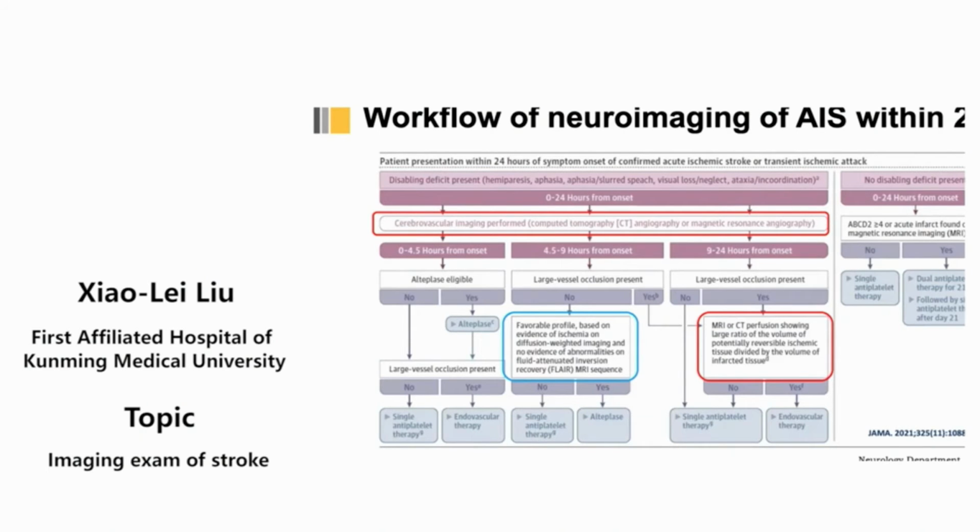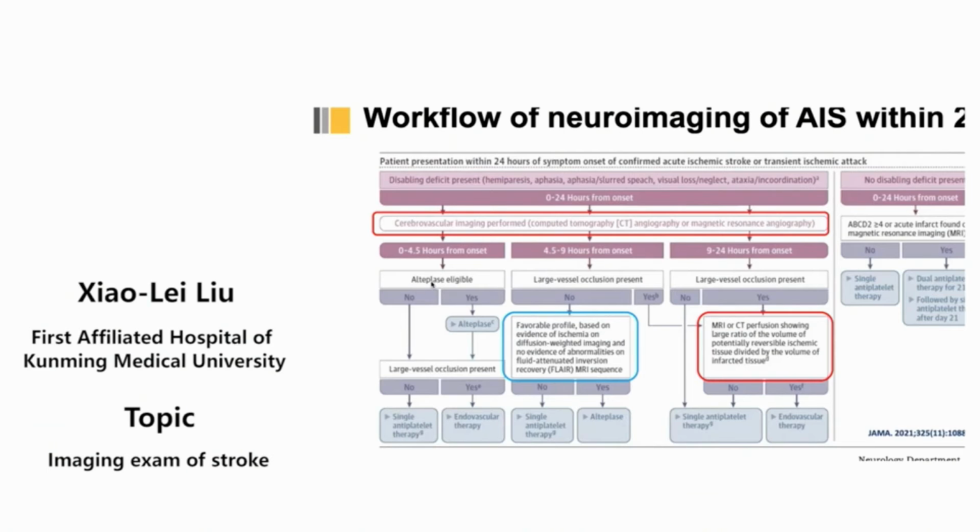For example, hemiparesis, aphasia, or slurred speech, vision loss, neglect, ataxia, or incoordination within 24 hours from onset. The CTA or MRA should be done to observe the cerebral vessels. So within 4.5 hours from onset, the drug alteplase is very important for the